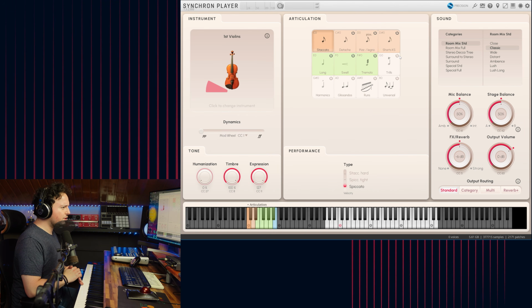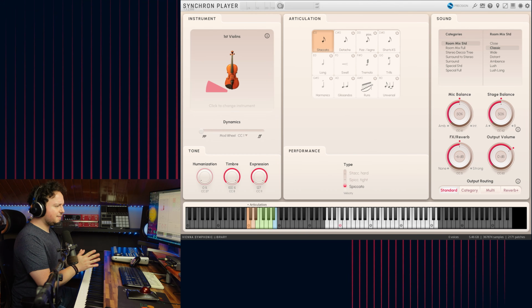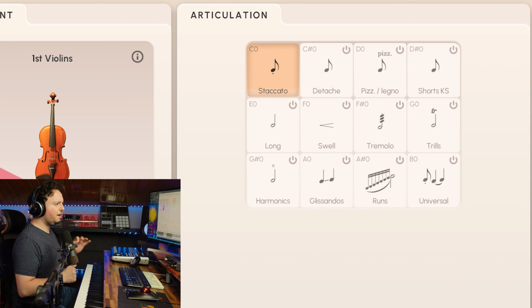At first, you can see that you can now switch different articulations on or off in the matrix. If you know that you will not be using certain sounds, you can turn them off, and you save RAM and power. About the shorts, this time the staccatos and the detachés have been split up. The idea is to make the controls simpler and to make sure that everything is easy to see. Otherwise, there would have been too many things going on in a single articulation.